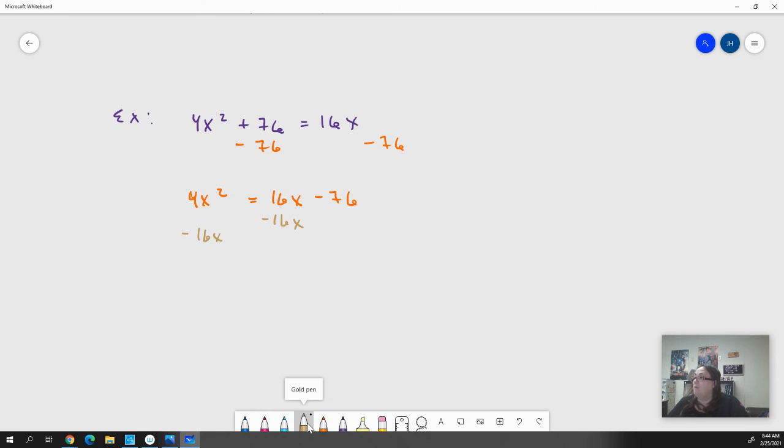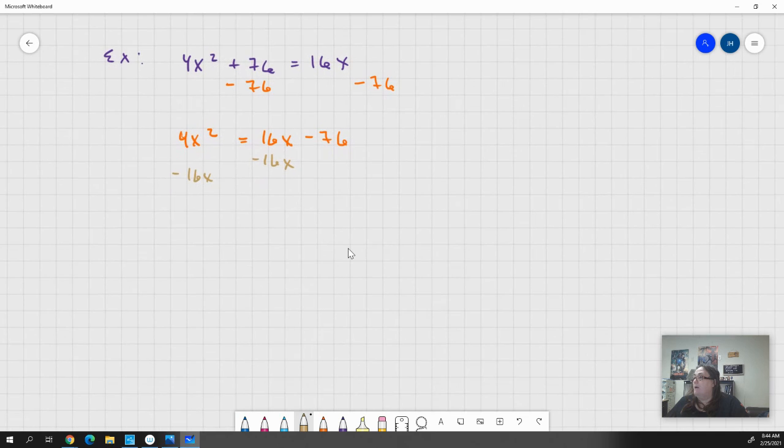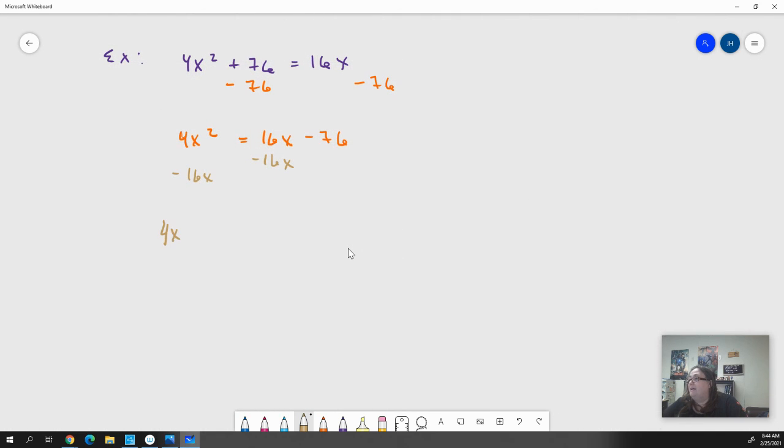And then I can rewrite this as 4x squared minus 16x equals negative 76. And then we can just solve it like we were solving the others, right? We've got our constant moved over. Our next step would be to divide out this 4 that's in our A position. So we divide by 4 here, by 4 here, and by 4 here. And we get x squared minus 4x equals negative 76 divided by 4 is